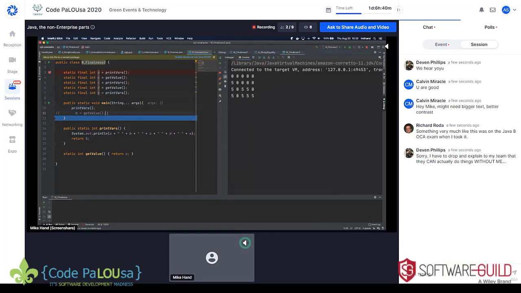Now note that I cannot now go back and fix the value of B because it's final. It's still 0, but 0 doesn't mean that you can set it with something else. It's not the 0, the unset 0, it's the set 0. I told it to be 0, and so now I can't change it.